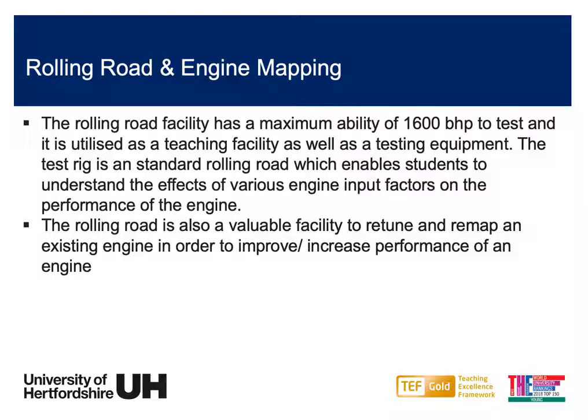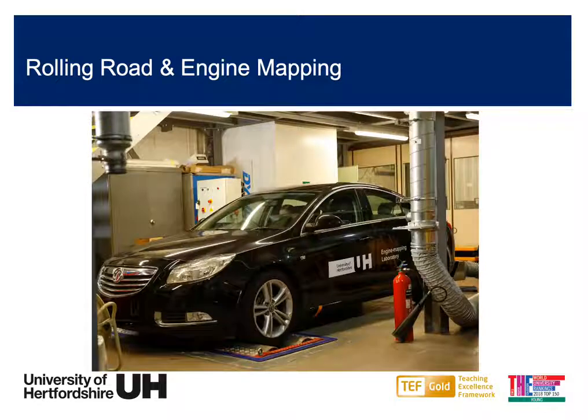Also, we have rolling road facilities, and that is one of the facilities we have, the one that you can see in the image in here. And we have a dedicated vehicle, which is our engine mapping laboratory, and it is a mobile laboratory, if you like. And the vehicle is equipped in such a way that students sit inside the car with the instructor, and that would be the chance for students to see how the engine is mapped live,